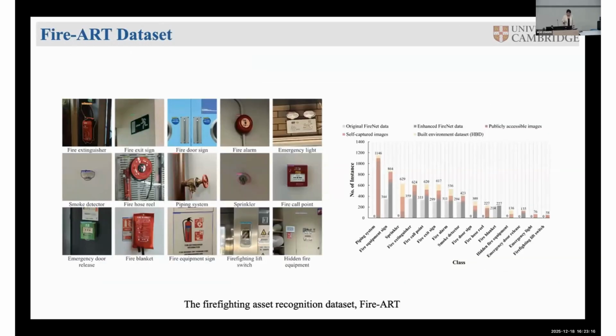So we have around 4,000 instances, hundreds of images, to cover the 15 categories. It's already published. It's fully open. We just opened it last month, I think.